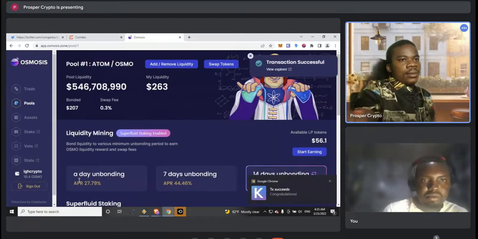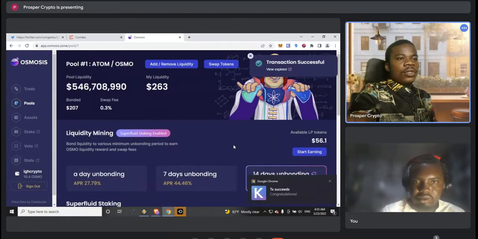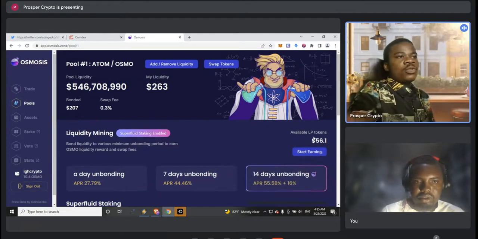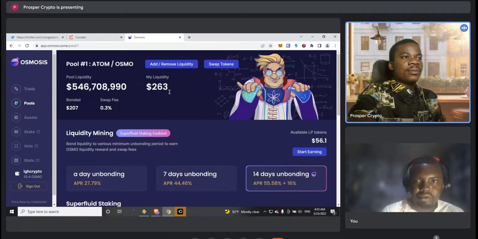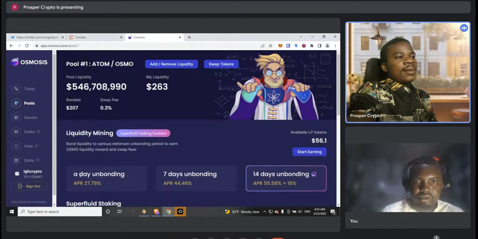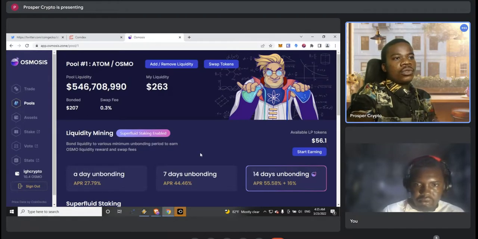Okay, it's showing now. So after that, you can see my LP tokens. I already bonded before now, and you can decide. It's not a must that you bond the tokens, but if you decide to bond more, you earn more rewards. So I can decide to